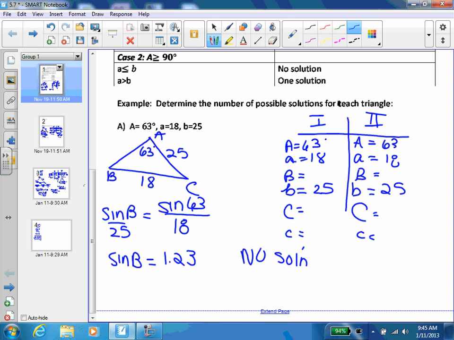Okay, Alex? So if you have no solution for case 1, you don't even have an option for case 2 because I can't find that angle, right? So how can I take 180 minus that value? All right, so are we good? I know there's another